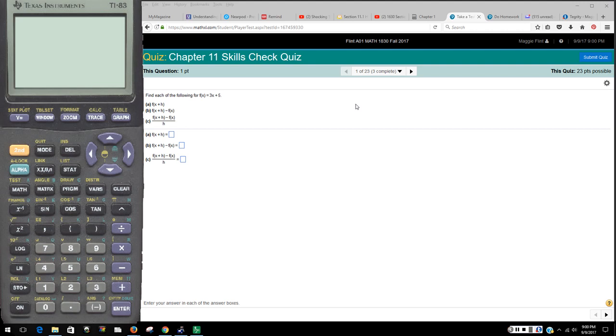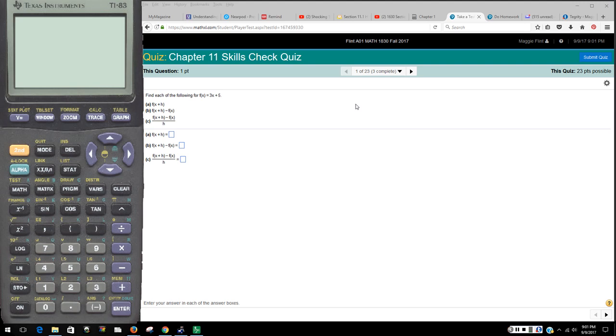The first thing we're going to need to find is f of x plus h. Then we're going to use that to find f of x plus h minus f of x. And then the third thing we're going to do is use that to find f of x plus h minus f of x